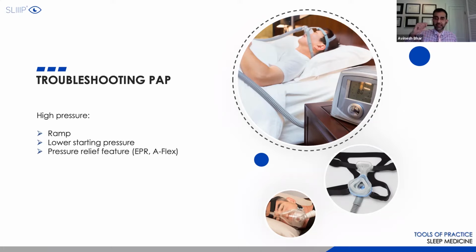Now it can be set as an EPR or A-flex of 1, 2, or 3. What these numbers mean is that if it's 3, it will drop it from 11 to 8. If it's 3, from 8, it will drop it to 5. The concern I have is that a lot of DME companies are putting this up at maximum 3. What this allows is that when the pressure drops in exhalation, when you inhale, your obstruction occurs. And at that point, you end up having an apneic episode that wakes you up. So just because you have an EPR, I would be very cautious in using it.